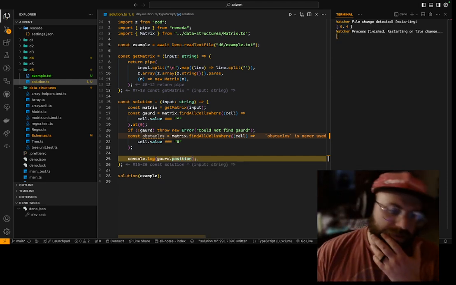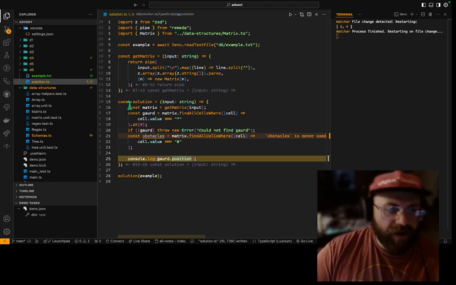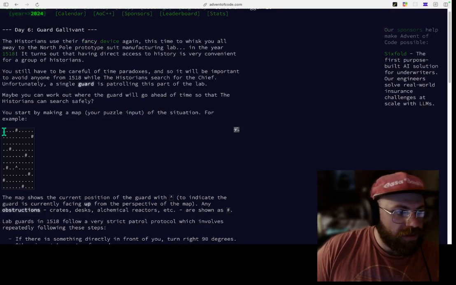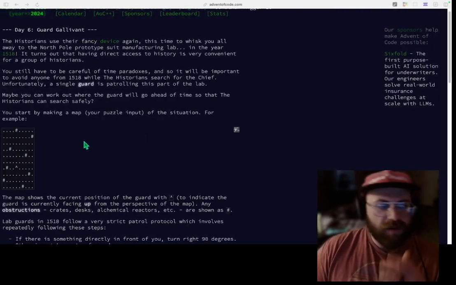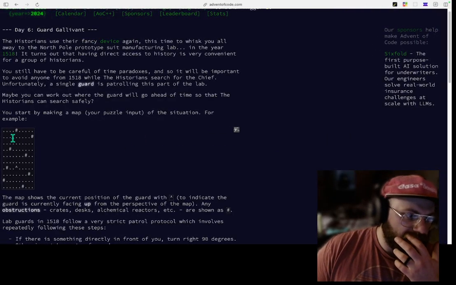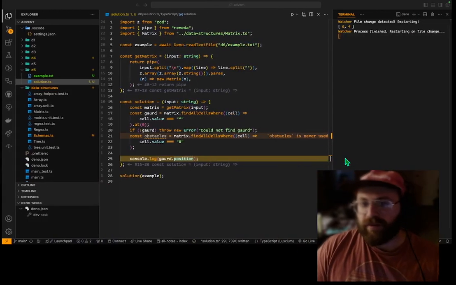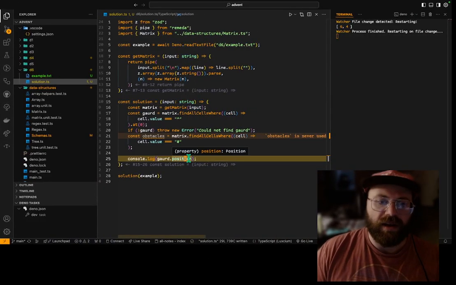So that's gonna be 6-4. Is that right? 0, 1, 2, 3, 4, 5, 6. 0, 1, 2, 3, 4. No. Oh, row 6. Whoops. 0, 1, 2, 3, 4, 5, 6. 0, 1, 2, 3, 4. Cool. So that's right. And then the obstacles,